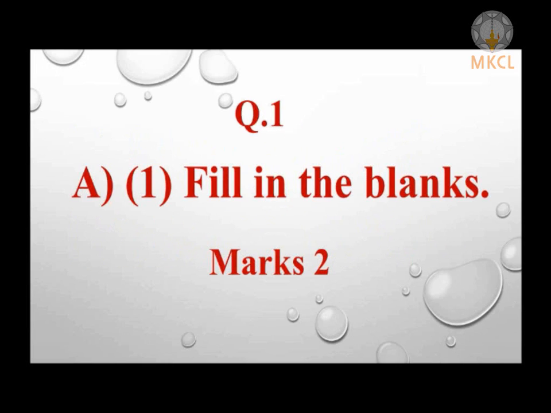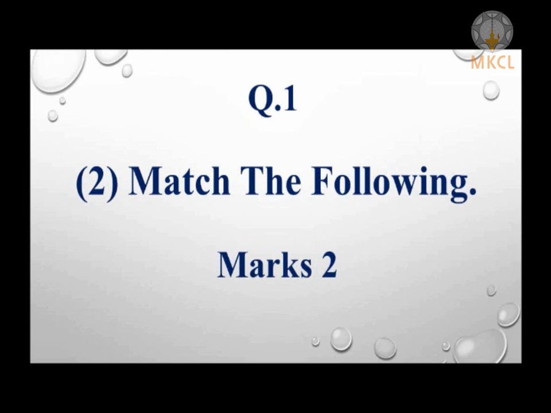Now, regarding question number 1A. Like question number 1A, it has section number B also. So question number A and question number B will give you a total of 10 marks. Question 1A is for 5 marks in which all objective questions are there. The types of questions which can be asked are fill in the blanks, find odd one out, match the following, find out correlation, state true false, write names, molecular formula or structural formula, write units, answer in one sentence, write names of and correct the statements, etc.